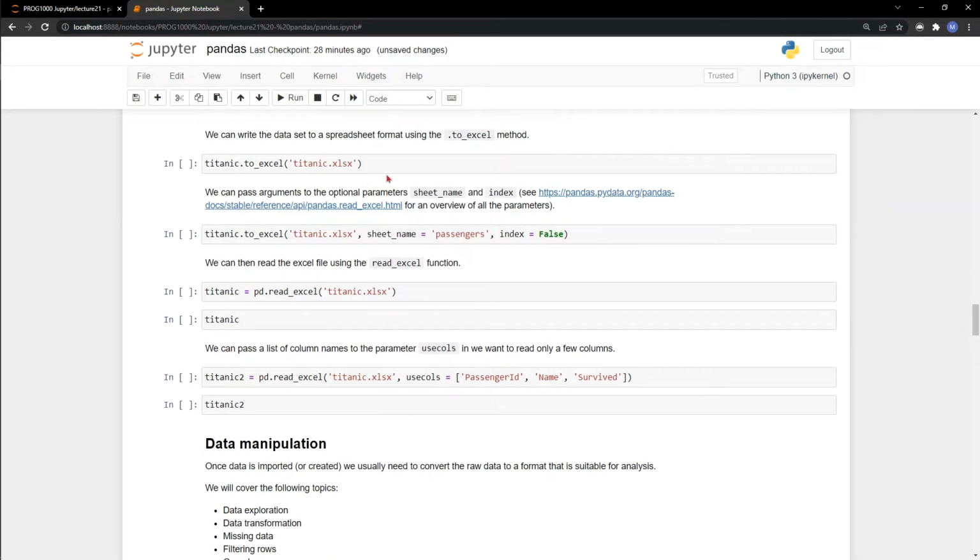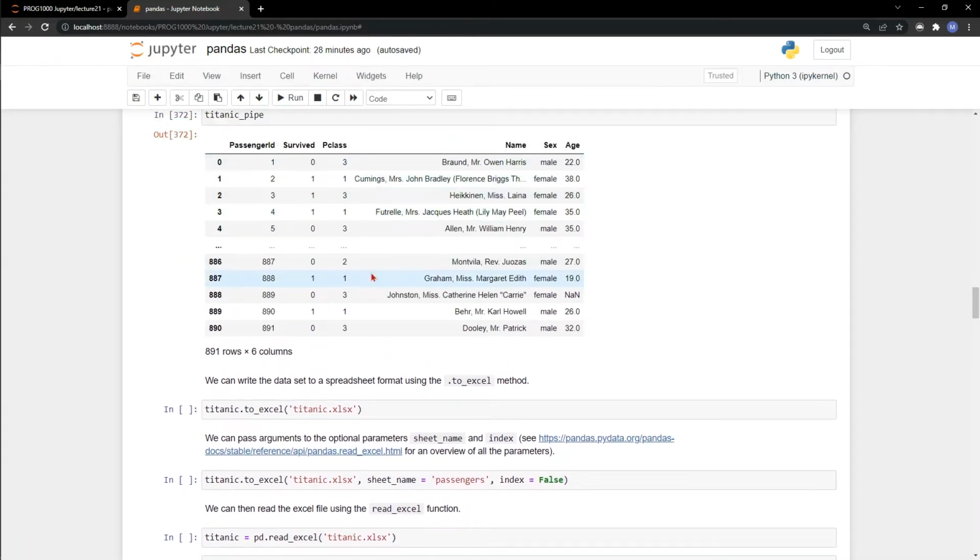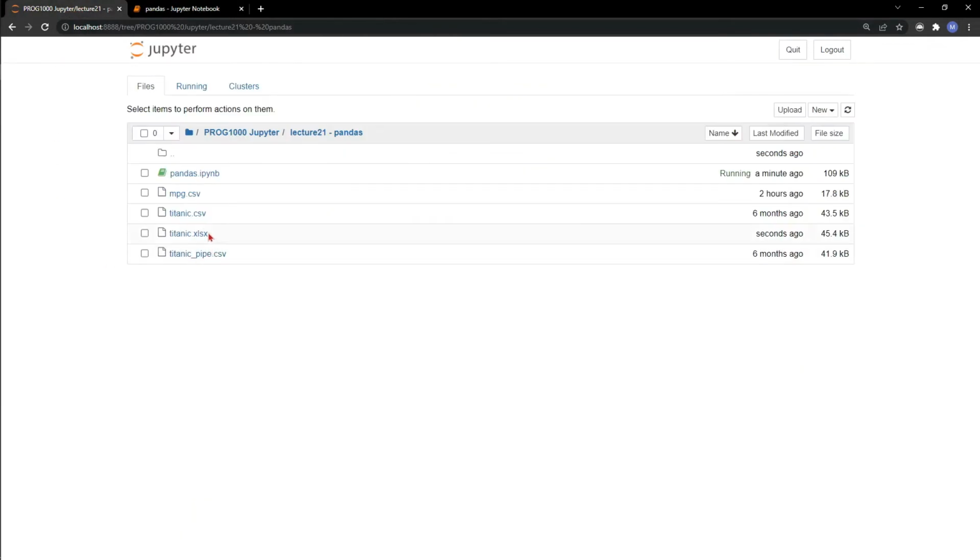Like so. Okay, but it's not only easy to import data with Pandas, it's super easy to export data as well. So if we export data to Excel, we can specify which file we are going to export this to, and if this file does not exist, then Python will generate this file for us. So we just have to remember that we do not have this file open, because then we cannot write to it. So if we run this, then we should see here in our working directory